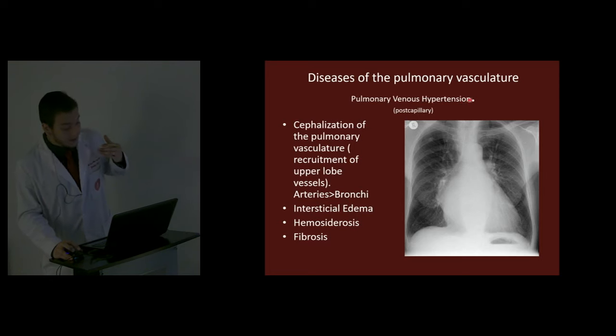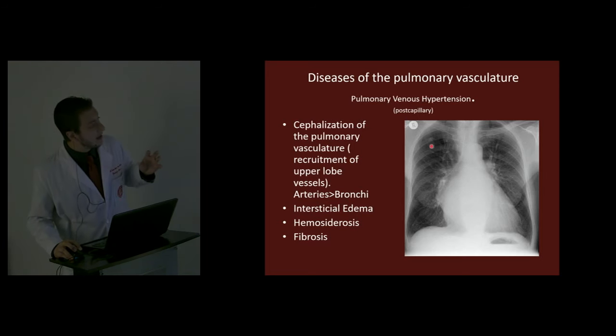If we have postcapillary venous hypertension, we should understand there are certain characteristics that a normal chest X-ray will give us. It's called the cephalization of the pulmonary vasculature, or the recruitment of upper lobe vessels. This term refers to an increased caliber of the upper lobe vessels, which results in the diversion of blood flow. This reversal is gravity dependent and increases the caliber of the lower lobe vessels seen on the upright radiograph of normal individuals. It's completely normal, but the